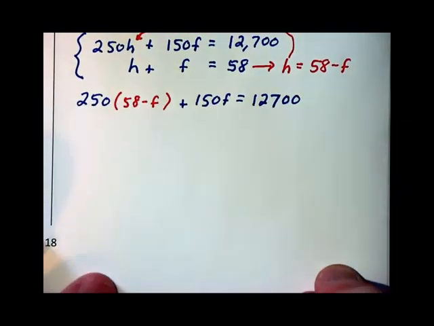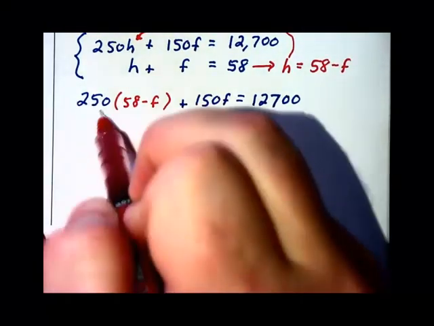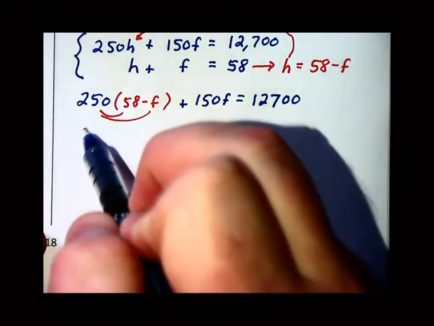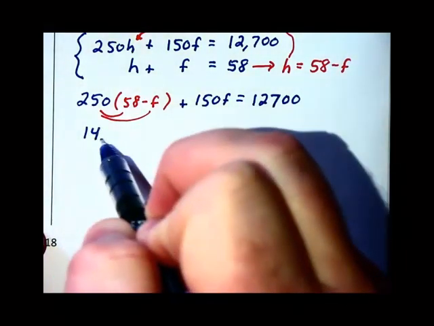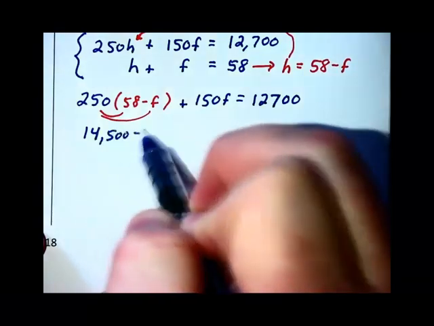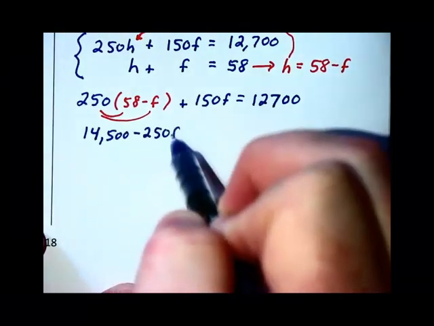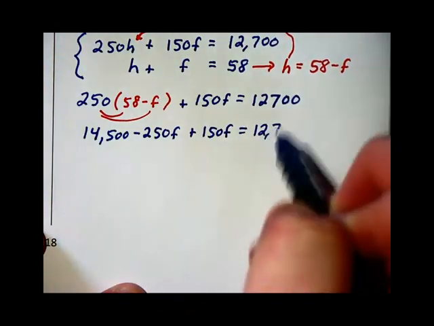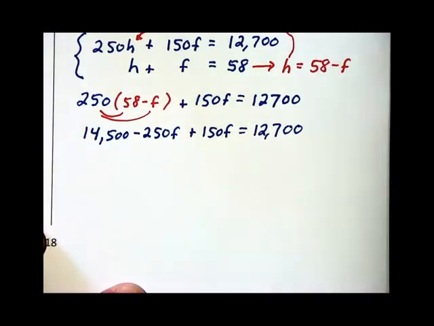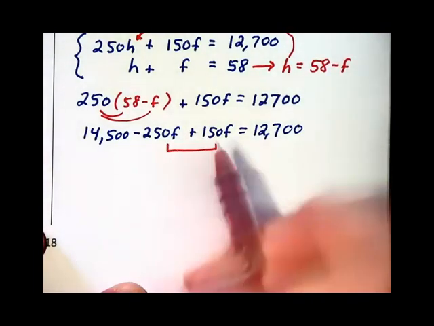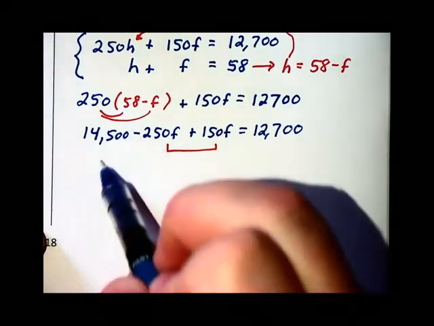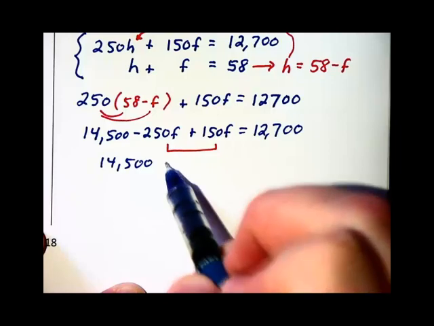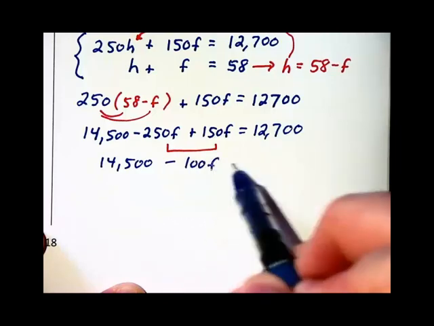Okay, here we go. We've got to do some distribution here. So 250 times 58 is going to be 14,500 minus 250F plus 150F equals the 12,700 on the right. We're going to combine like terms, and so on the left we still have the 14,500, but we're going to have minus 100F equals the